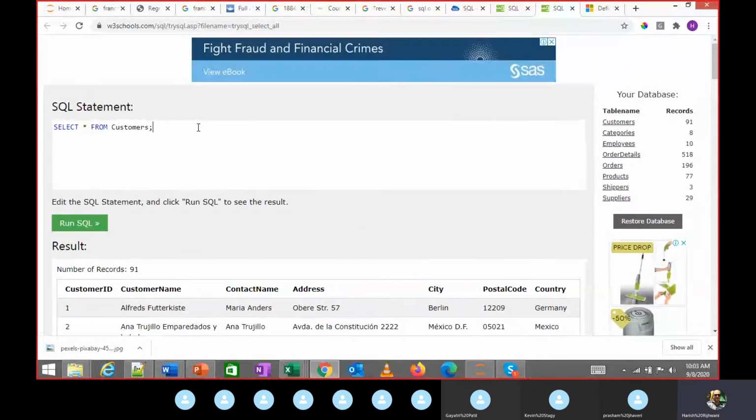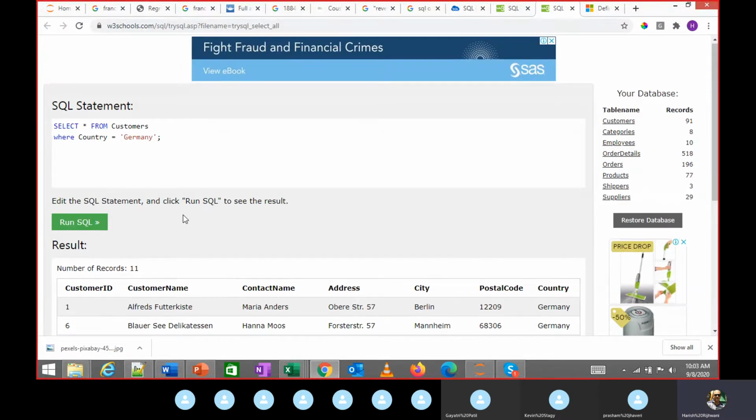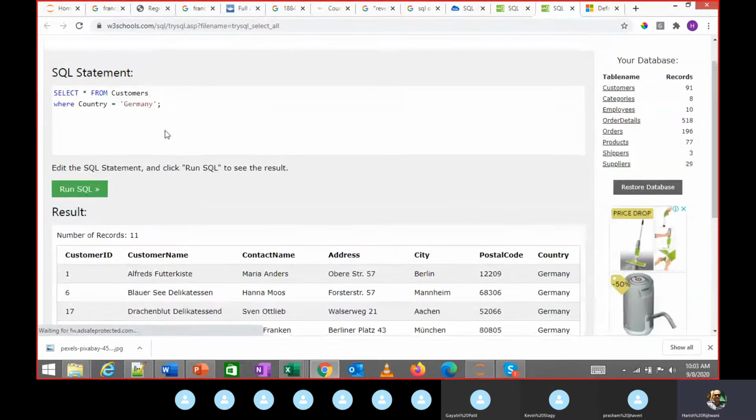So what I will do, I'm going to write a clause which is called where. I'm going to write country equal to Germany. I will get data only for Germany.